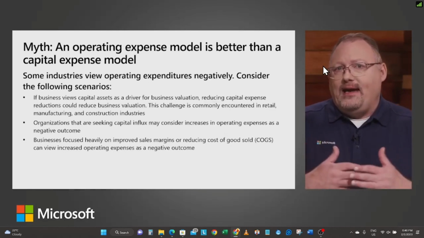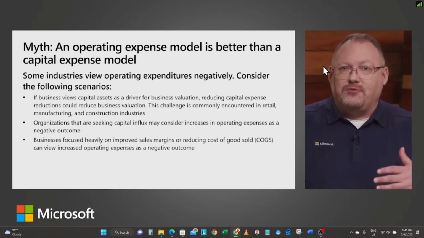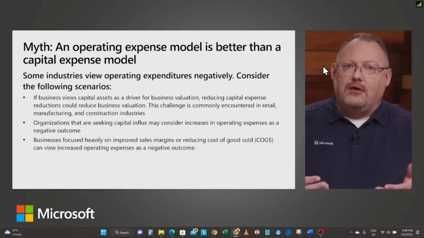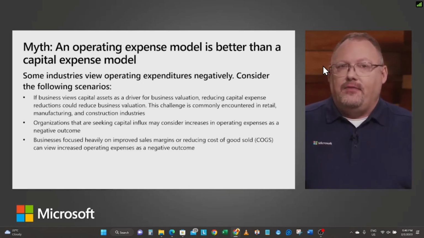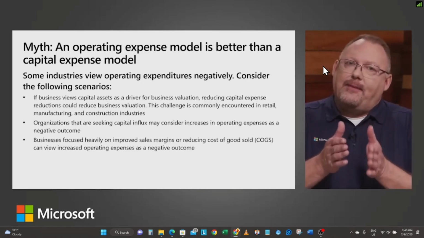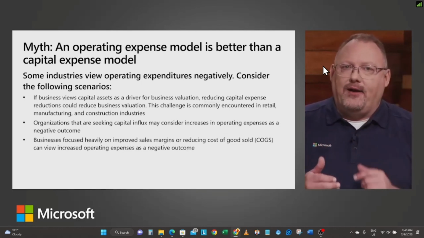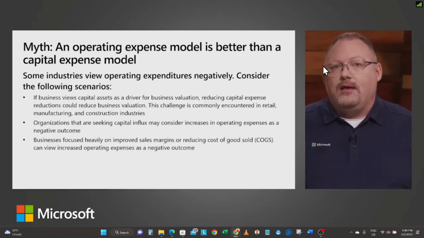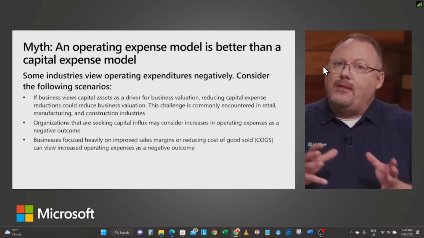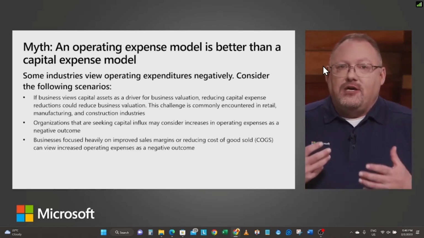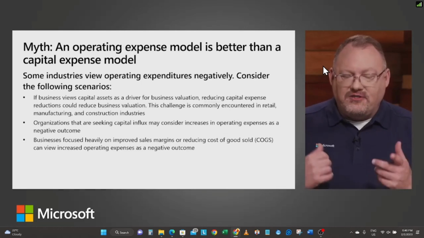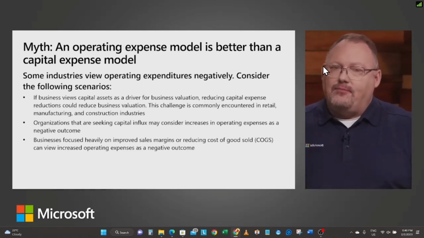Hey, look, we get that the operating expense model is how Azure's built and how it's set up, but the solutions that we build in Azure do have a lifespan. They're going to have to be changed every 4 or 5 years. So how do we treat those solutions as capital expenditures inside of an operating expense model? And a lot of customers are looking at the accounting principles to make that happen. But once again, this is all about cost. Operating expense should be a benefit for your organization, but you've got to really look at how those industries work and how they bring that data forward.